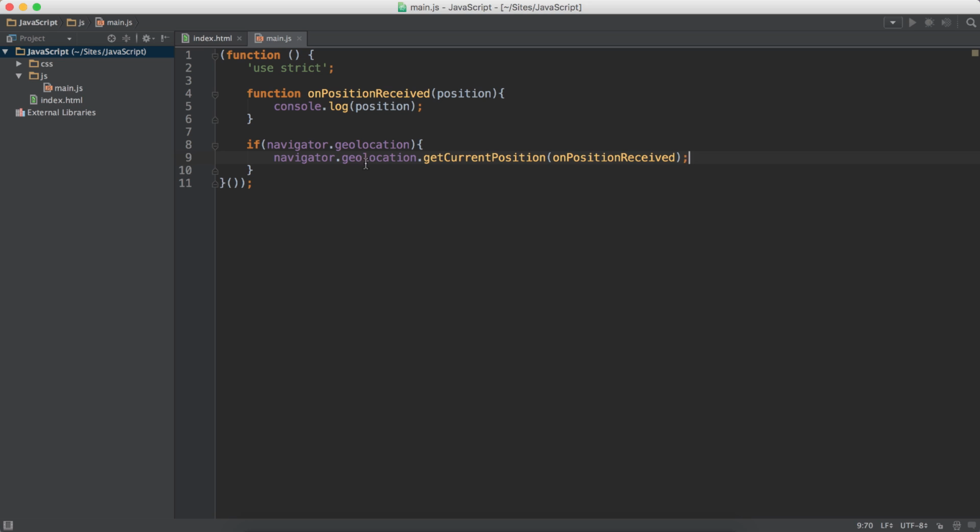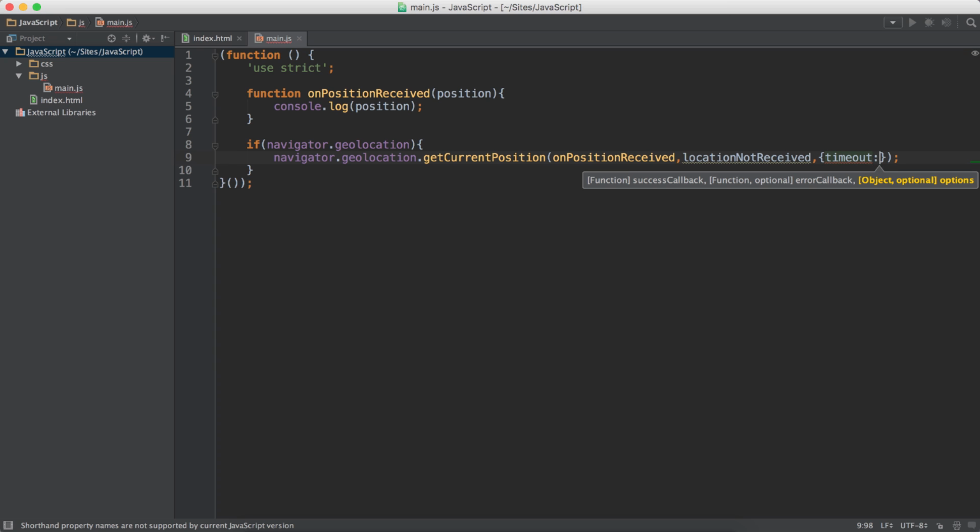Okay, now this get current position expects another parameter, which is called if we didn't get the location of the user. So let's do locationNotReceived, and another parameter is the configuration object. So I'm going to pass an object literal, and I'm going to set timeout to 0. What this does is it allows only 0 seconds to get the location. So if the location is not received within 0 seconds; I could do 2 seconds, 3 seconds, 4 seconds,